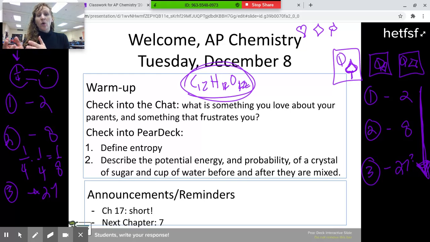In order for a system to move towards order, we need a mechanism and an input of energy. So what's the input of energy that creates glucose? It's the sun, right? The sun is the input of energy. The plant is the mechanism. And so this is what we're talking about.